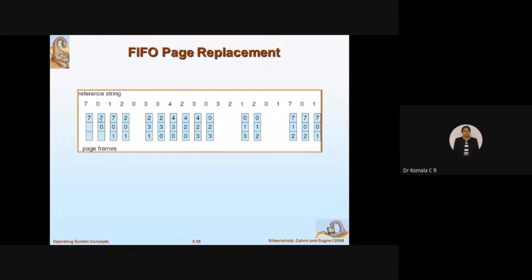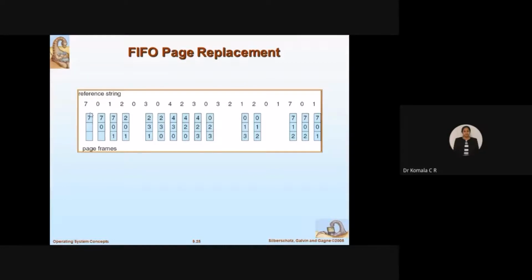Next I will rewrite the same. Next is which element? 0 I have, I will fill it with 0. Next, first I will rewrite 7, 0. Then what is the next element I have? 1, I will fill it. So the first 3 elements, no confusion, because one by one you are going to fill them. So you are done with 7, 0, 1. Next I want to fill 2, right?